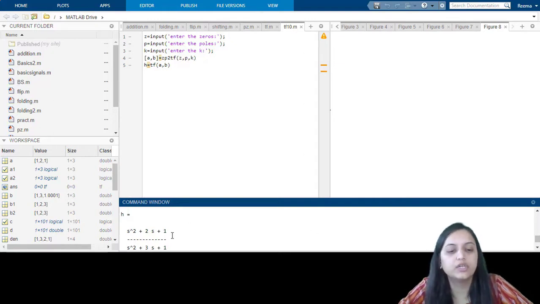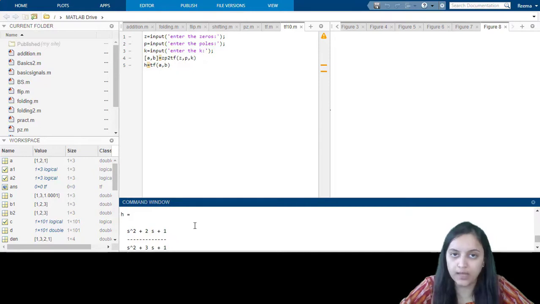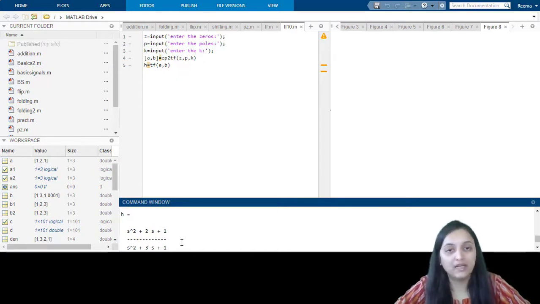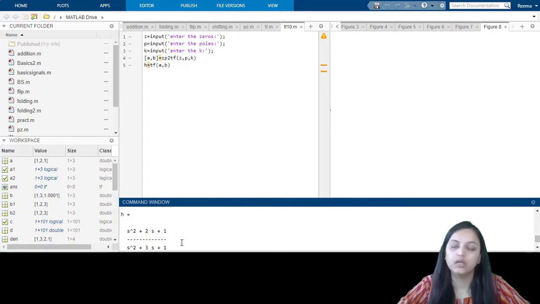So here the transfer function returned is s square plus 2s plus 1 divided by s square plus 3s plus 1. So this is how you can perform the MATLAB code of finding the transfer function using poles and zeros entered by the user. So I hope that this small and compact code is clear to you now. This makes the procedure easier.